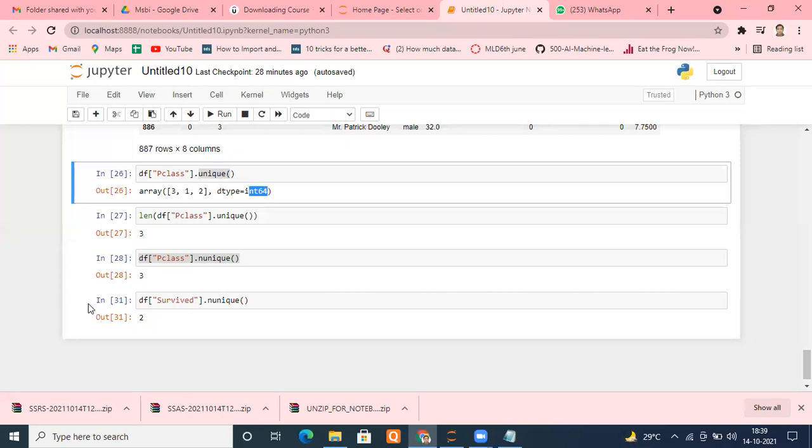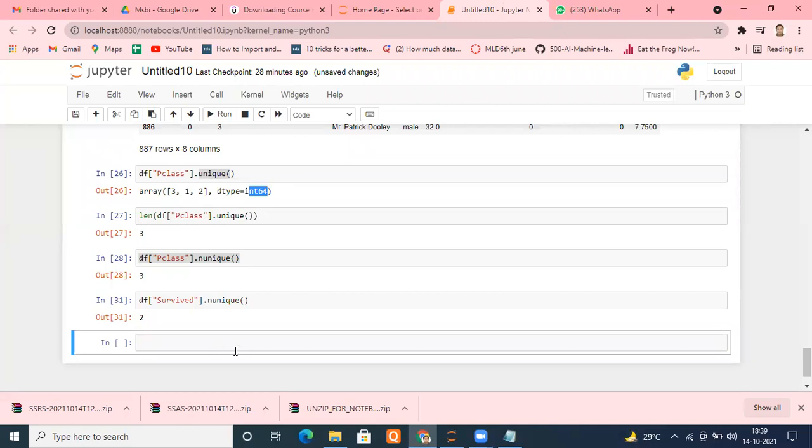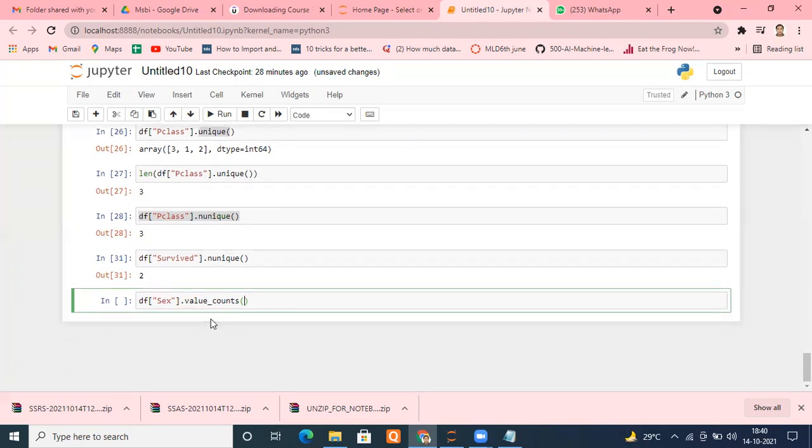Now suppose I want to know how many males or how many females there were. As simple as that. Again, I'm doing the same thing: df, and which column do I want to know? The sex column. I'm going to type dot, and the value_counts method.